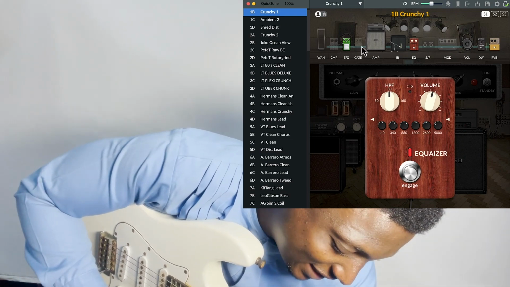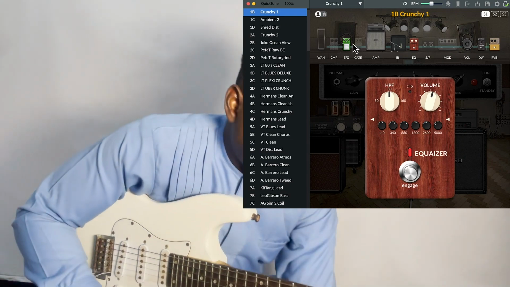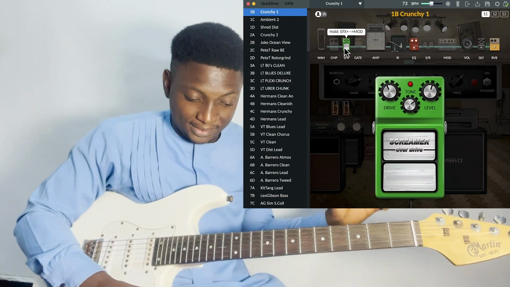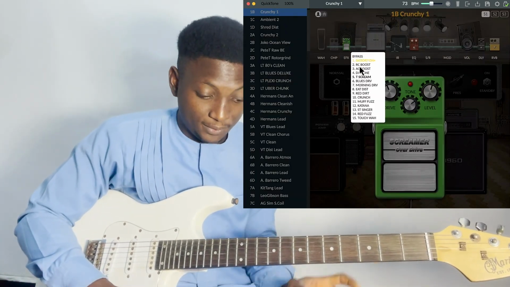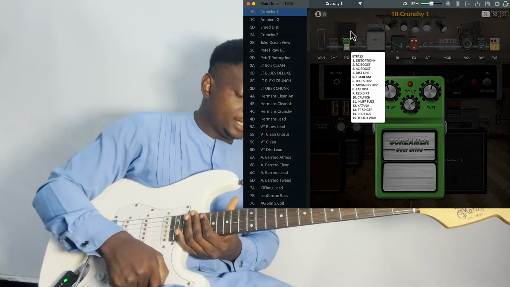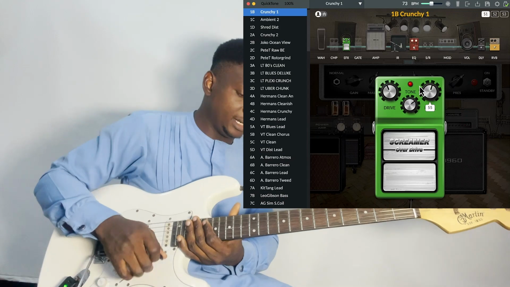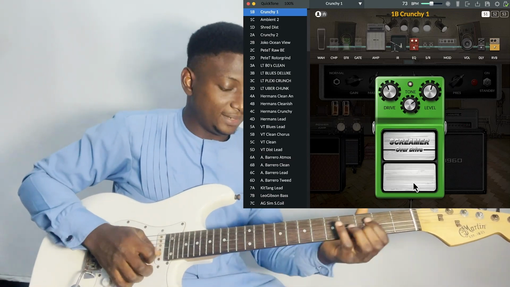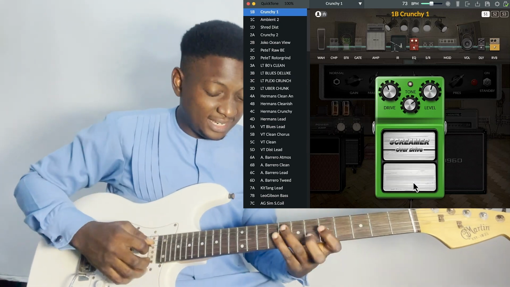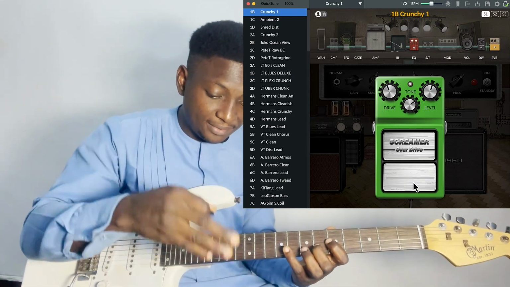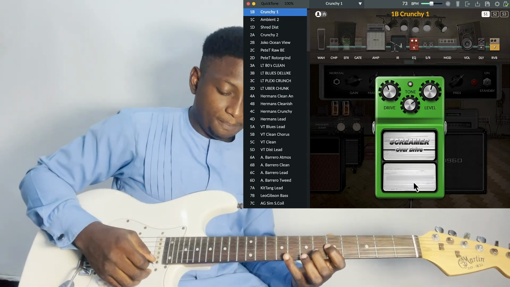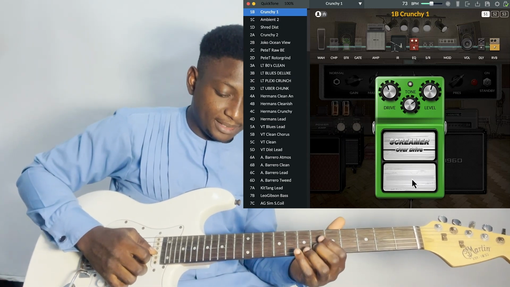Then I added this EFX. My EFX is where I have my distortions, my overdrive. I'm using this T-Scream. Without the T-Scream, let me turn off the T-Scream, and this is what it's going to sound like. I'm getting this sound basically from the amp and from the IR. So if I turn on this EFX, the T-Screamer,